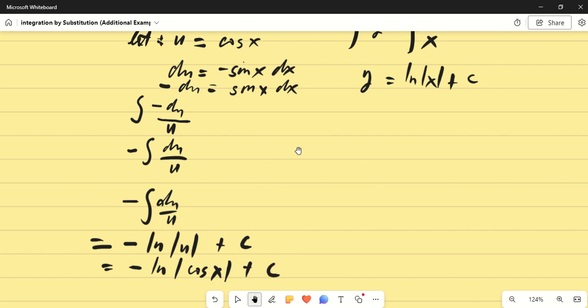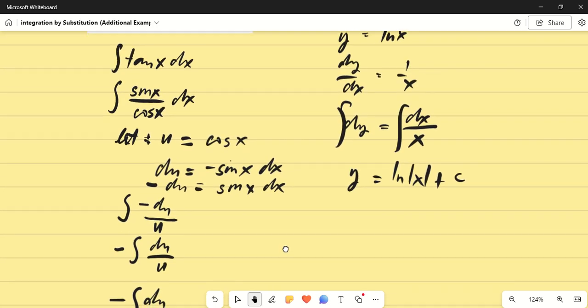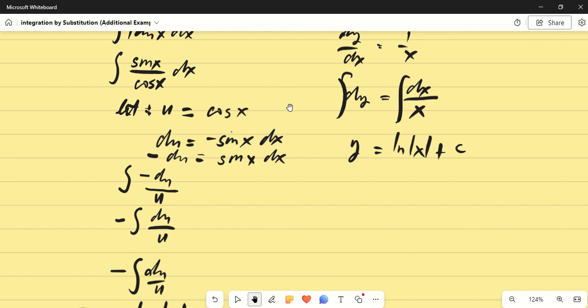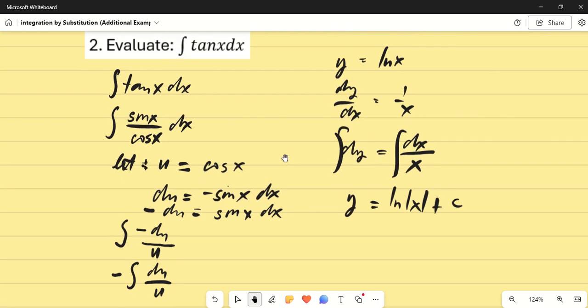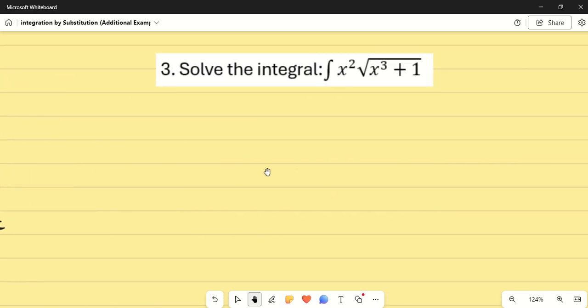So the general solution, or the answer rather, the integral of tangent x dx is negative ln of cosine x plus the arbitrary constant. You can actually apply this process in finding the integral of some trigonometric functions like cotangent x. Okay, you can apply a similar process to get the integral of the trigonometric function cotangent x. Okay, now let's try solving the integral of